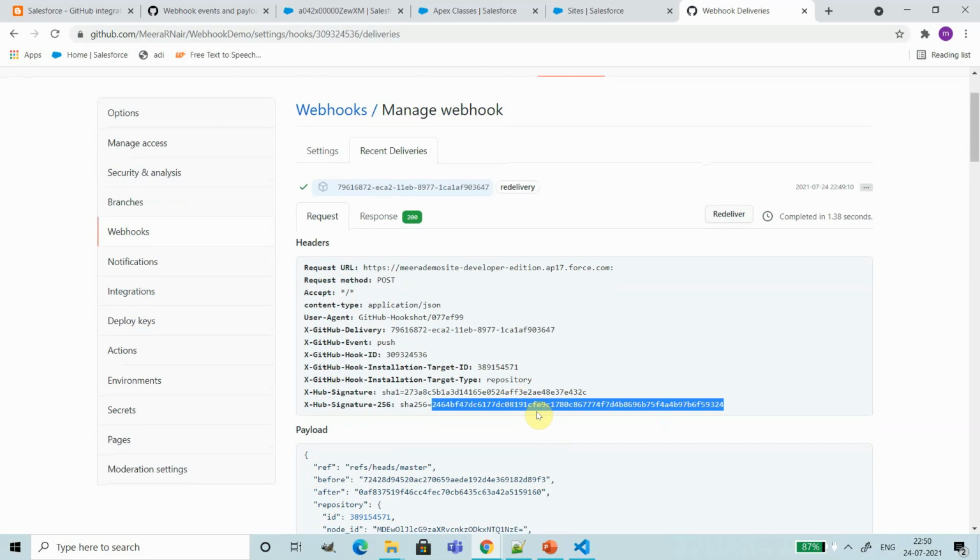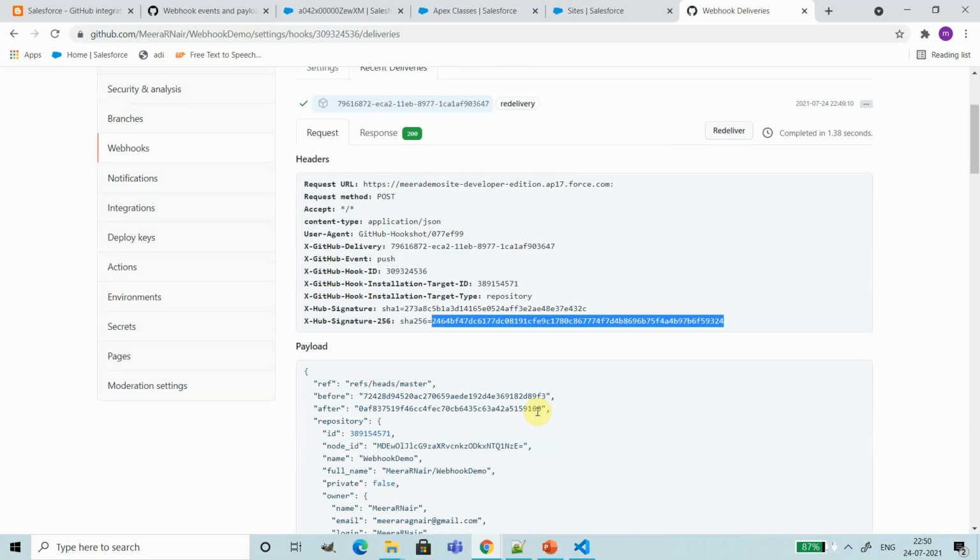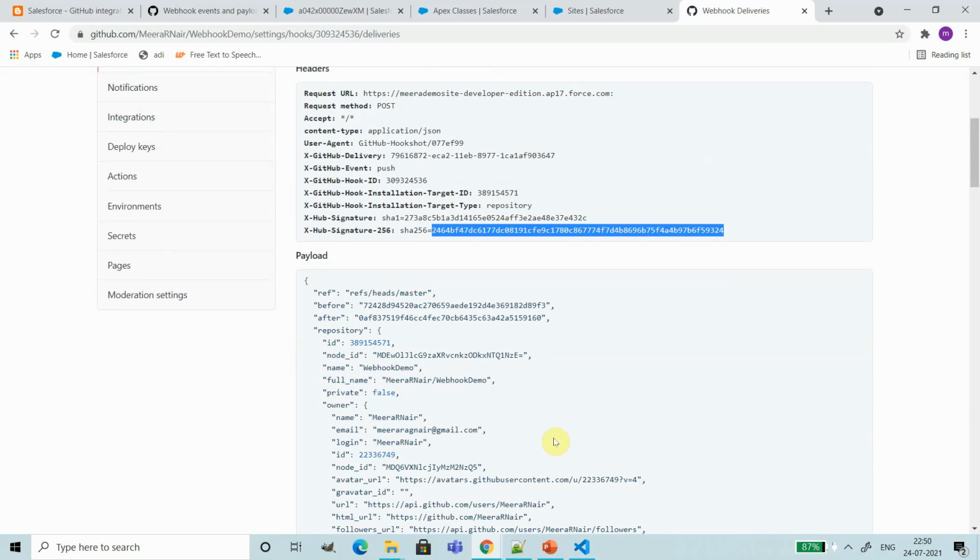We'll be using the same secret at both places, and once we get this payload in Salesforce, using the same secret key, Salesforce will perform a hashing of the payload once again, and we will then compare that hashed value to this particular header value to make sure that both are the same. Only in that case will we continue with the additional processing of the payload.